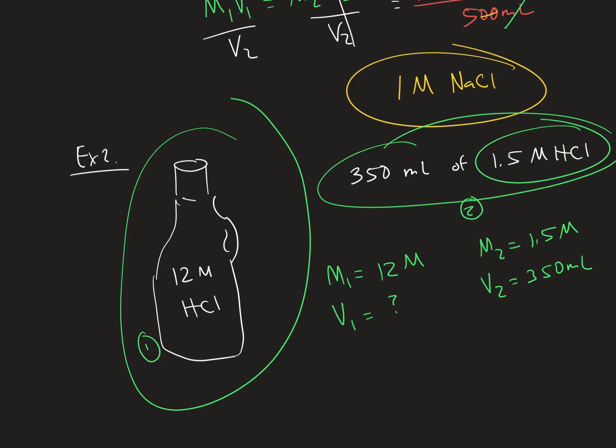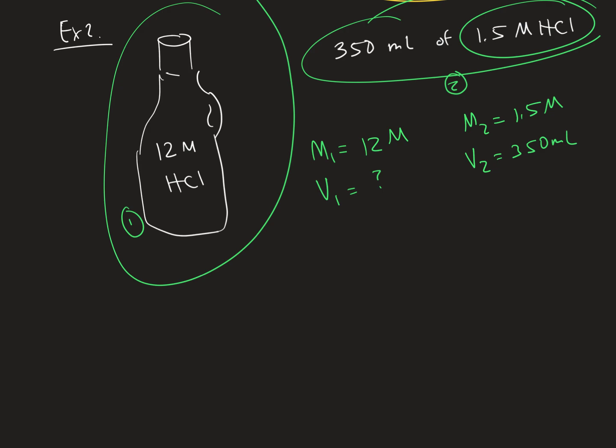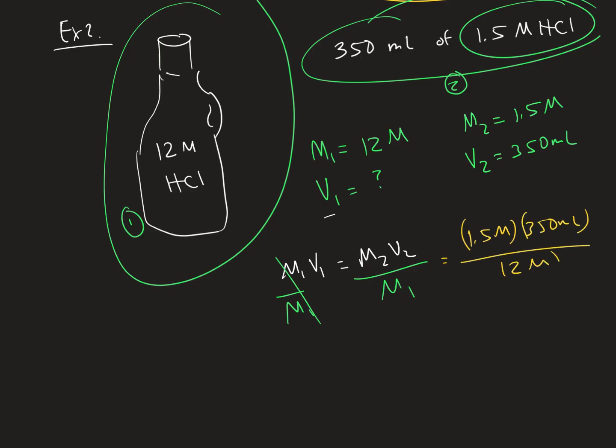Okay. So it's the same equation. M1 V1 equals M2 V2. And we're solving for V1. So let's divide both sides by M1. Okay? Plug the values in. 1.5 molar multiplied by 350 milliliters, divided by 12 molar. What cancels? Molarity does, right? And I'm left with milliliters. So I do my math, and I get something like